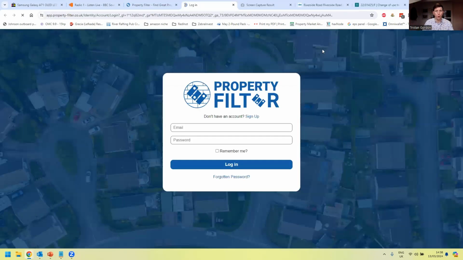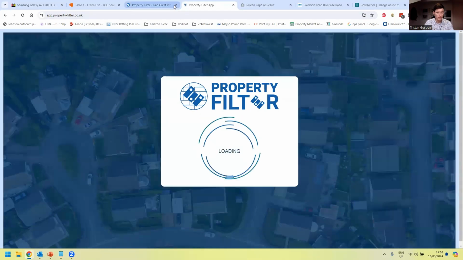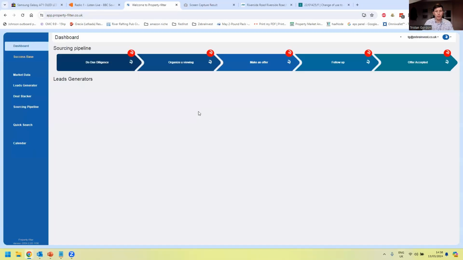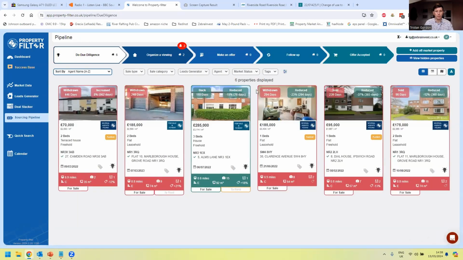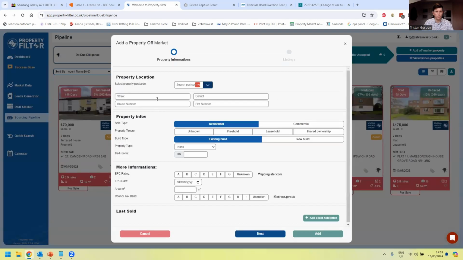But what you do is you simply log into this. And then what we're going to do is slide down on the left-hand side. And what we're going to be using is the sourcing pipeline. So here, if you've got any deals that you've been working on, anything that you're moving through and interested in, you can add them in there. And what you can do here is add an off-market property or a property that hasn't been picked up before. So what we do is put in the postcode of the property,